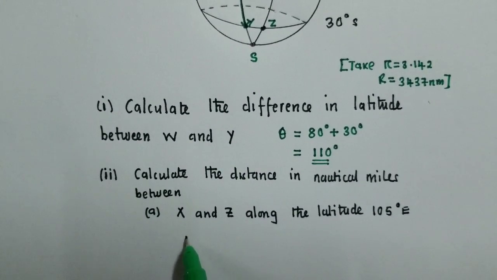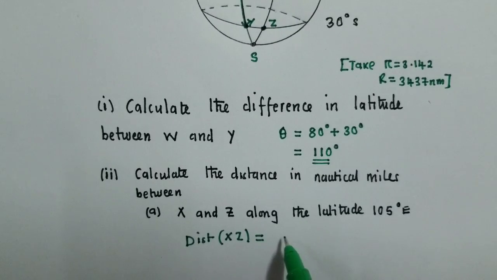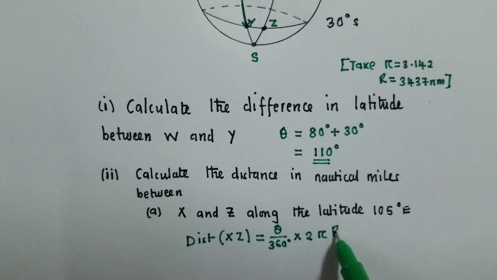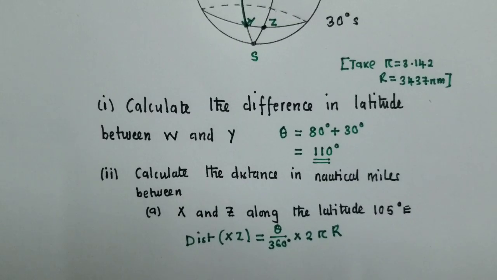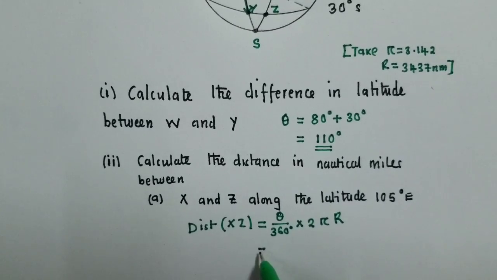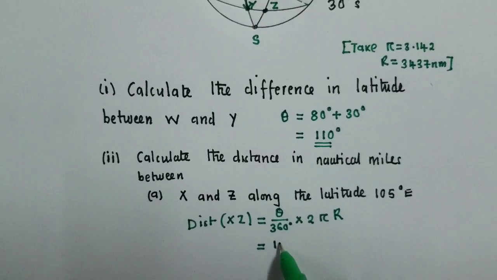Distance between X and Z is equal to theta over 360 degrees times 2 pi capital R. So this is the formula we are supposed to use. So what is our theta? Our theta will be equal to 110. So 110 degrees over